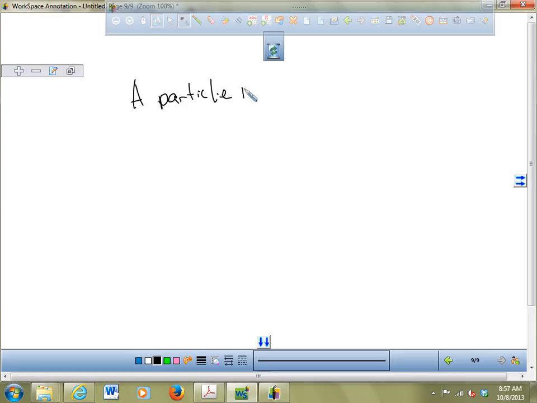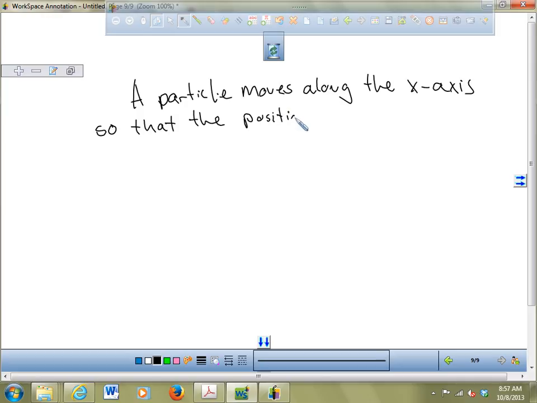A particle moves along the x-axis, so that at any point in time t greater than or equal to 0, the position x of t equals